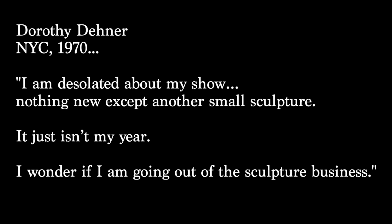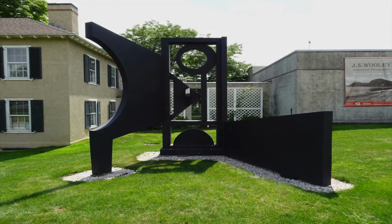Lucky for us, Dehner's self-doubt didn't last. With the determinacy that defined her adventurous life, Dehner continued to make sculpture into her old age. Sanctum with Window 2, at the entrance to the Hyde Collection, is a valuable example of Dehner's persistent efforts. With her eyesight nearly entirely lost, she completed the work in 1991 with the help of a fabricator when she